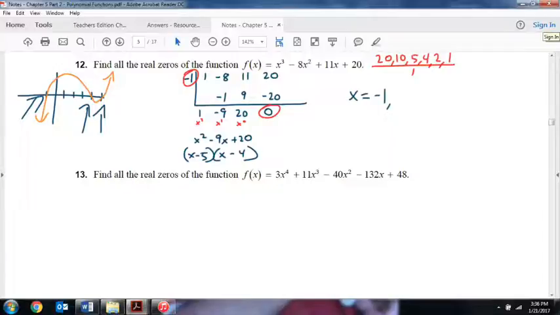So when you set those equal to 0, you get x is 4 and x is 5. And there you go. Those are the real roots. We use the calculator to find possibilities. We use synthetic division to prove that one of them was,